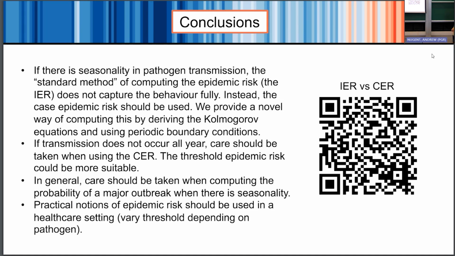The TER is also quite useful for people in healthcare because they decide what constitutes a major outbreak. So I was talking about Ebola before, maybe 4 cases of Ebola would be large, but 100 cases of COVID would be considered a large outbreak. And so this is quite useful for people in healthcare when they're deciding exactly what probabilities they should be looking